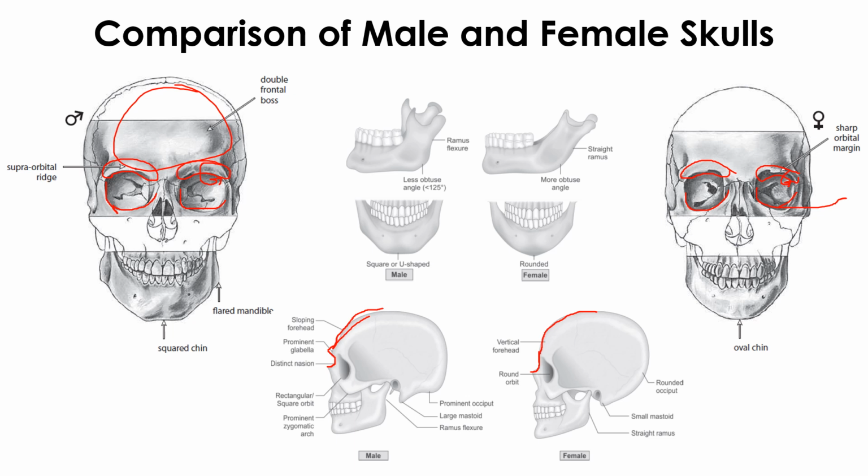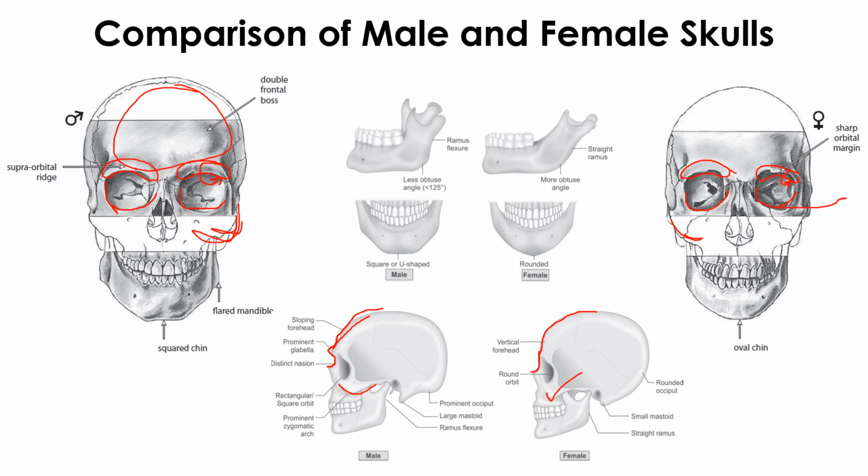And then coming to the zygomatic process. The zygomatic process is very prominent in males. So the cheekbone can be seen prominently, but here the cheekbone is less prominent. So here also on the sideways you can see the shape, and here it is the shape.